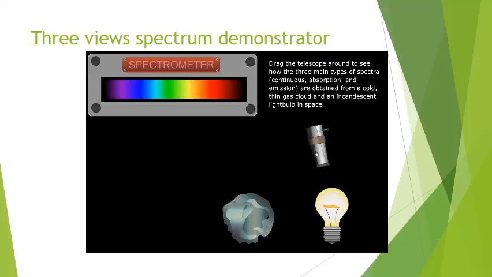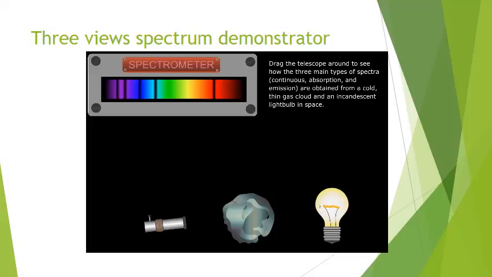Now, let's take my spectrometer and move it all the way over here. Notice what I'm doing. I'm pointing my spectrometer at the light bulb again. So again, I should be seeing the entire spectrum, but what do you notice? I'm seeing almost everything except for certain dark lines. Well, why is that? It's because the light that is leaving the light bulb and coming toward my spectrometer has to pass through a cloud of gas. And that cloud of gas is full of atoms of certain elements. And those atoms have electrons, and certain electrons are being excited.